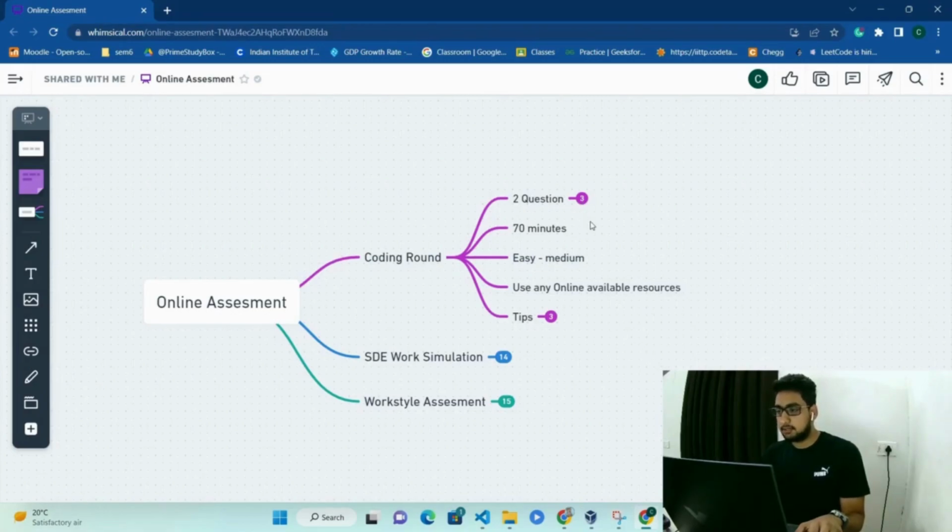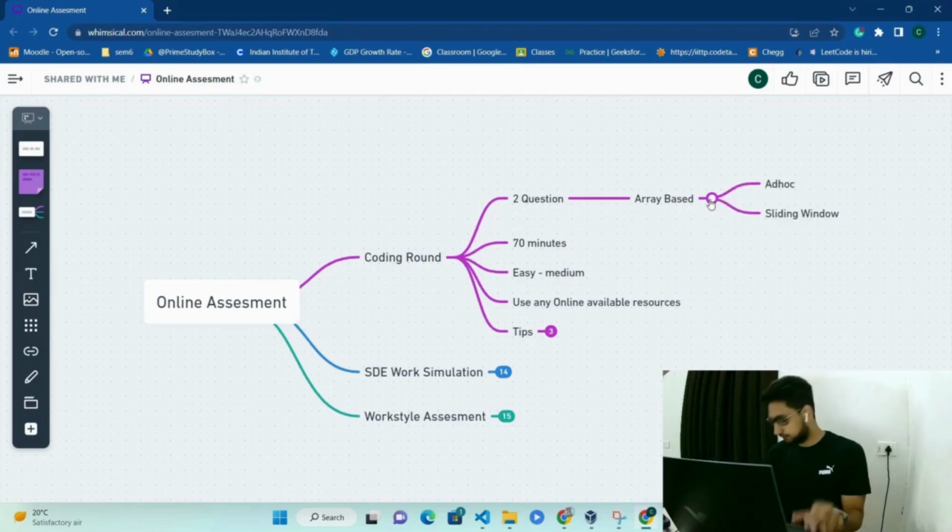Although I can't disclose the original questions, I'll tell you the type of questions which were asked. For me, both the questions were array based. The very first question was an ad hoc question based on array, where it will not be done using any standard technique. You just have to read and do. But the second question was based on the sliding window technique. It was also not very hard to find that a sliding window would be used. So the level of both questions will be easy to